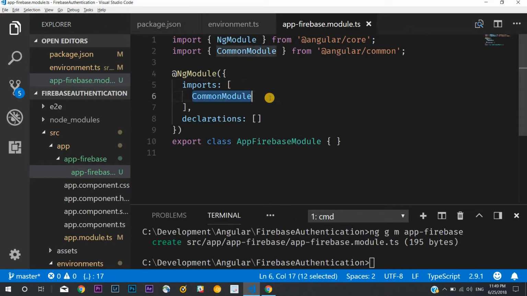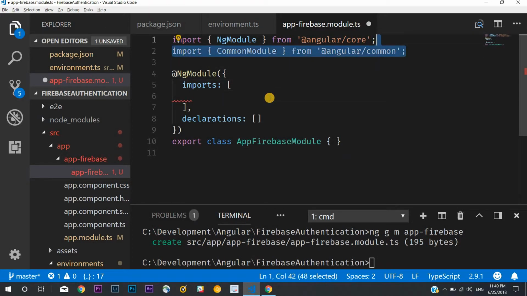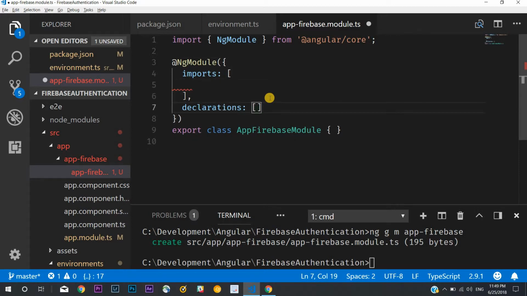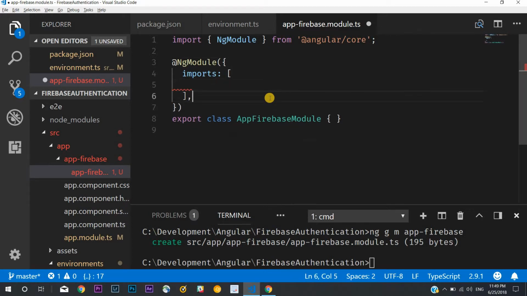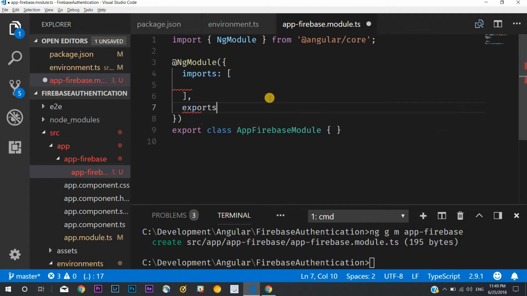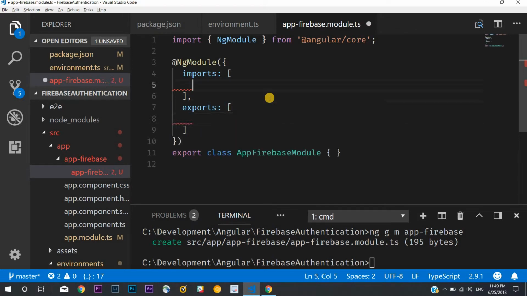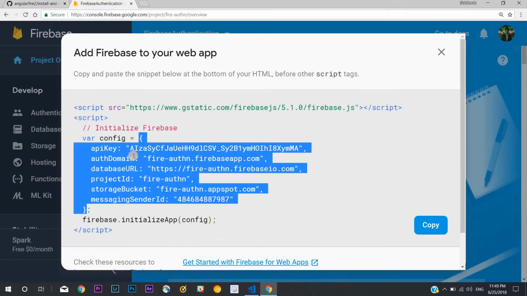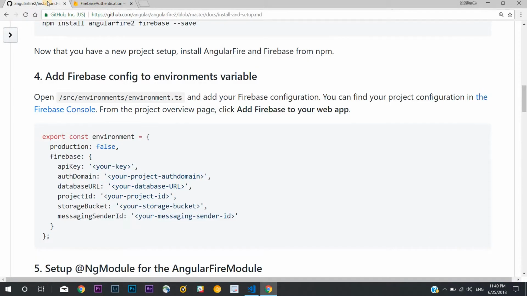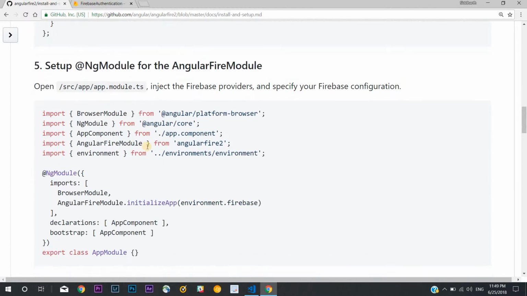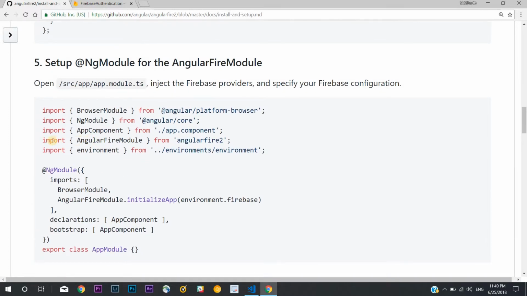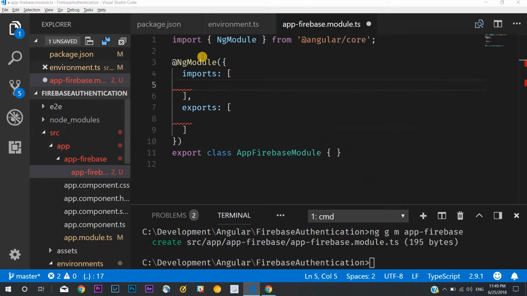But first I need to get rid of a few things that I don't really need, like declarations and the common module. And then I'll also export a few modules from here that I can later import inside my app module. So in the imports, I need to first import a few things. So I'll import the AngularFireModule from AngularFire 2,